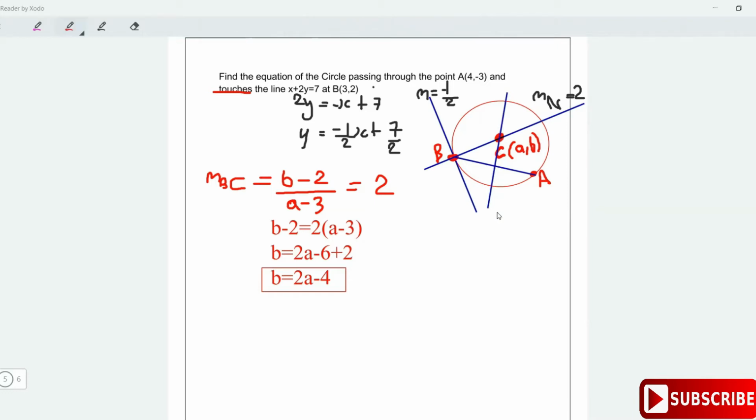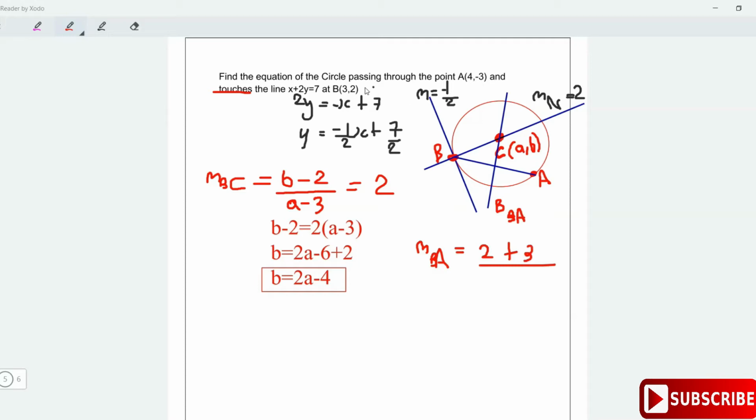We need the gradient of the bisector, so first we need to find the gradient of BA. The gradient of BA is y2 minus y1, the y value at B minus the y value at A, so it's 2 minus minus 3, which is 2 plus 3, over x2